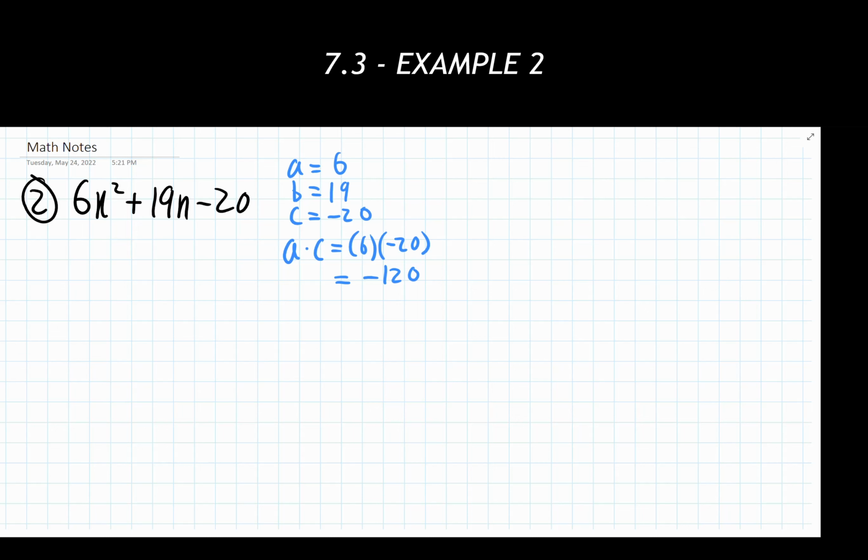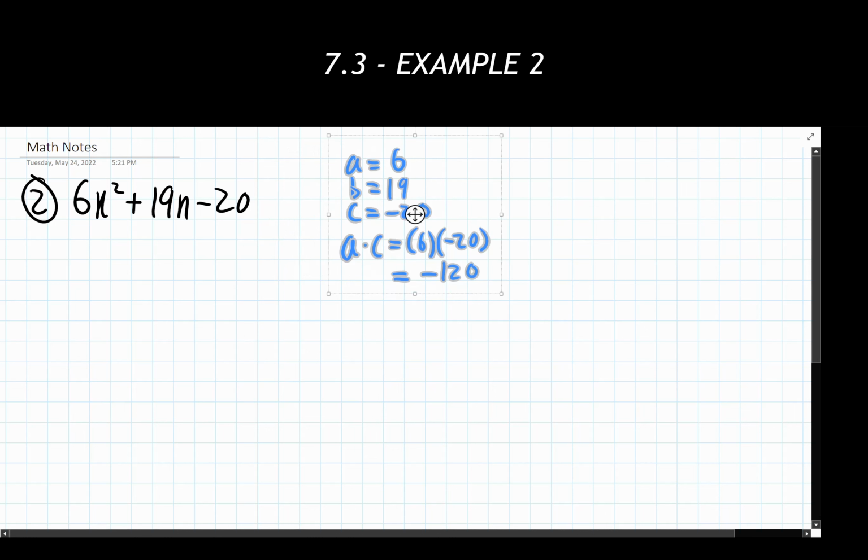Now, as mentioned previously, these numbers are going to get bigger, going to get larger. We're going to have a lot more that we're going to have to keep track of. This is where, for me personally, I think it's very helpful to write out the steps for what we're about to do in step 3. Otherwise, you're keeping track of a whole bunch of numbers in your head, and I don't know about you, but I always get mixed up and lost and forget stuff along the way. Also going to move these here a little bit because we're going to need a bit more space later on, so we'll just move those over there.